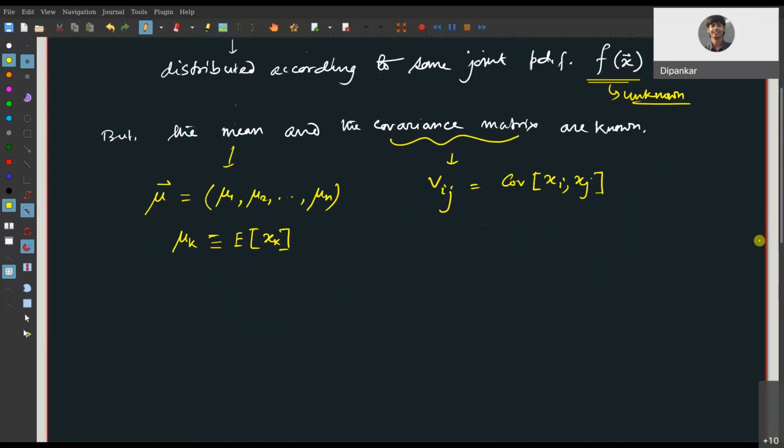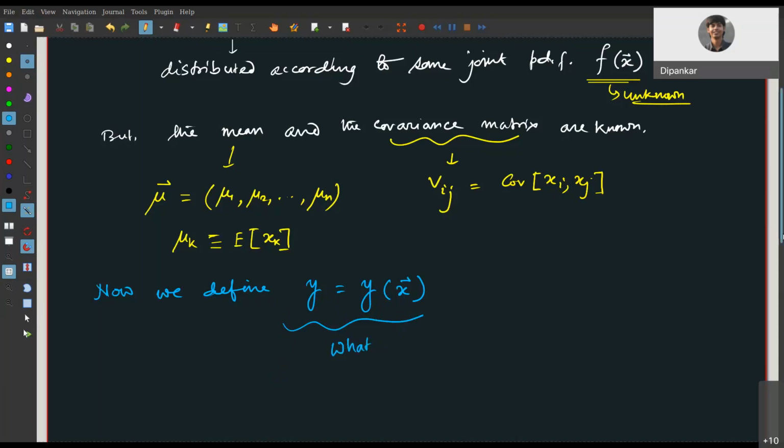Okay, now I define a quantity. So now we define, say, y, which is a function of my random variables, y equals y(x), with a functional dependence that is not specified yet. But suppose I define a quantity y equals y(x). I want to ask what is the mean and variance of this new variable y in terms of the old ones. Okay, so the question is